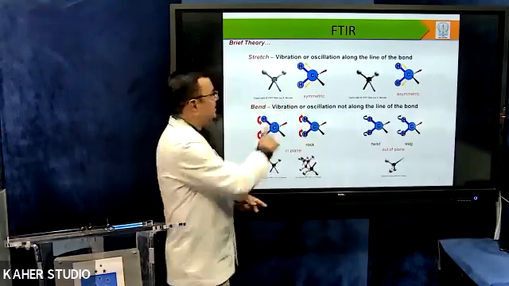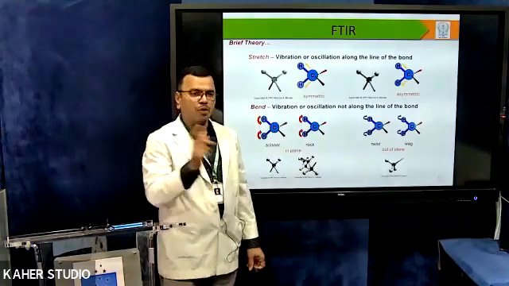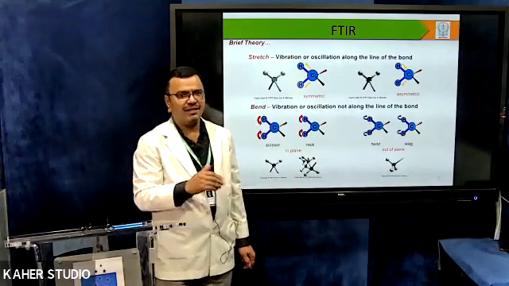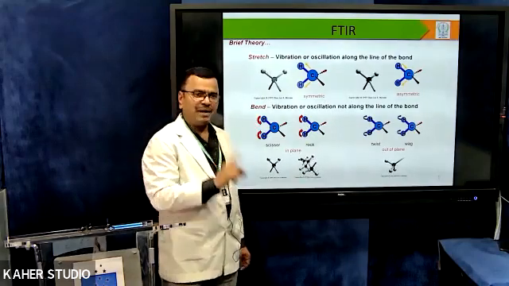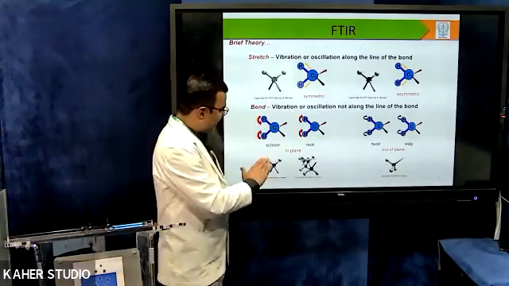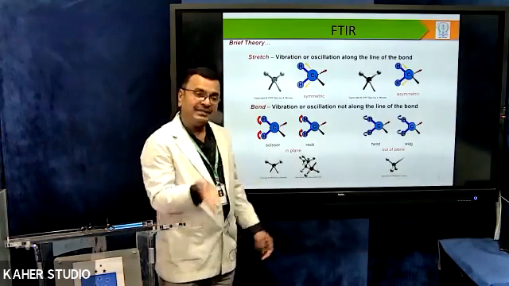When you see stretching, there is a change in bond length. Stretching is divided into two parts, symmetrical and asymmetrical. One is the parallel, another is the alternative. Then coming to bending, bending is divided into in plane and out of plane, and this in plane and out of plane is subdivided into